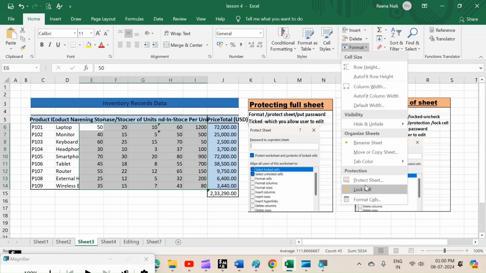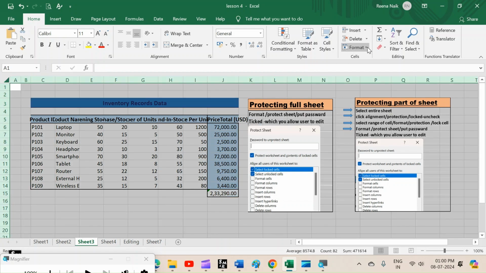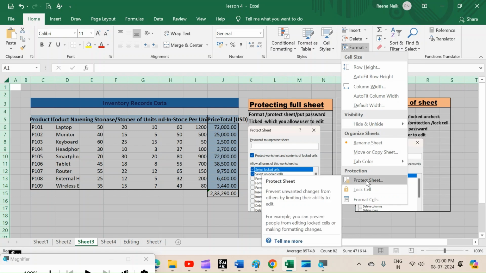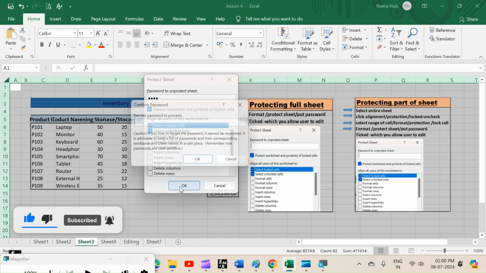Under the protection, first you have to lock the cell. Once you lock the cell, go back again to the format and click on protect sheet. Once you click on protect sheet, put your password.